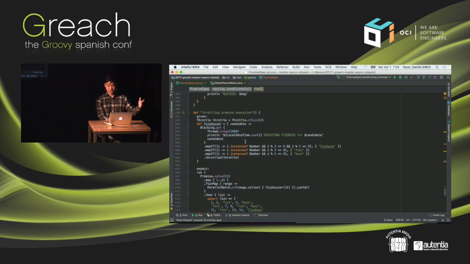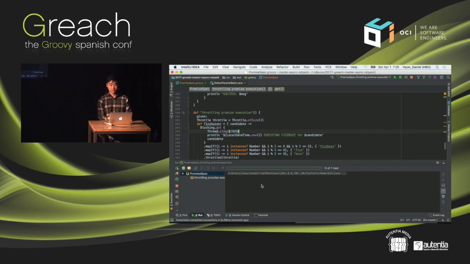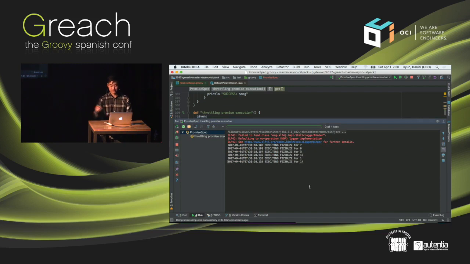Another cool thing you can do is throttle how many promises are running in parallel. As an example, parallel batch allows you to run your promises in parallel. But here, if you say throttled and pass in a throttled reference, we're only allowing 3 promises to run simultaneously, and we can see that we're just going to block for 2 seconds and go through that. This one I do want to demonstrate. So this is the same fizzbuzz example as before, and we'll see that we have 3 promises that are executing in parallel.